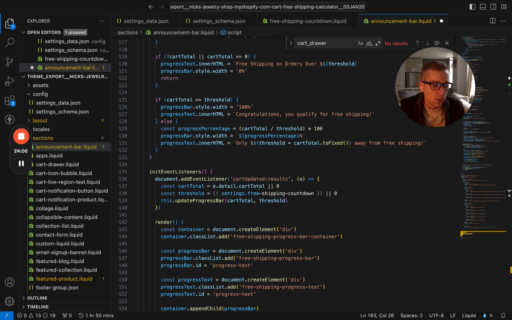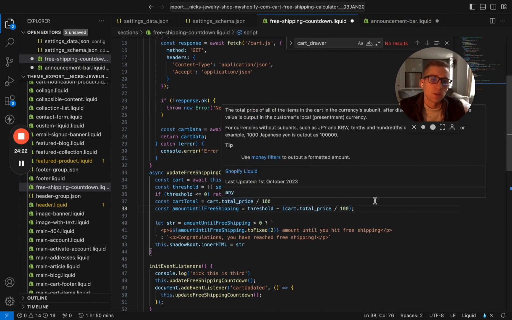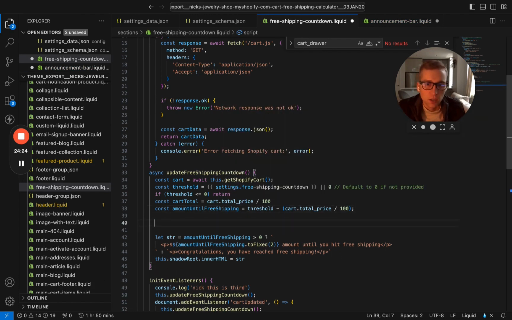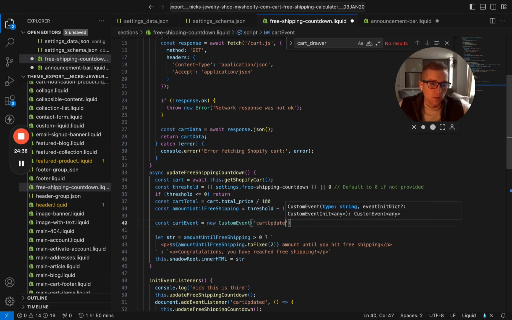So the next thing we need to do is actually go into our free shipping countdown and create the event emitter. So I'm going to come over to the free shipping countdown file. I'm going to find the update free shipping countdown, where we already know from the previous video, this is where all the cart changes are being called. And then I'm just going to create a custom event that we can then send the correct data over to. So I'm going to create this event,